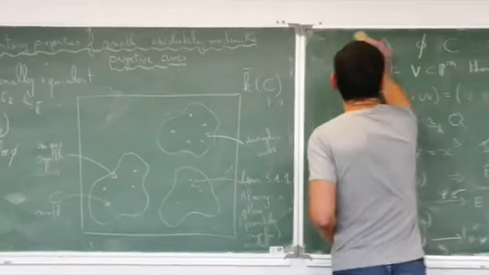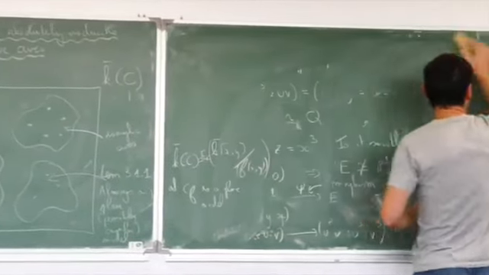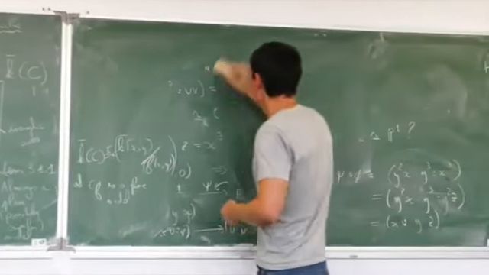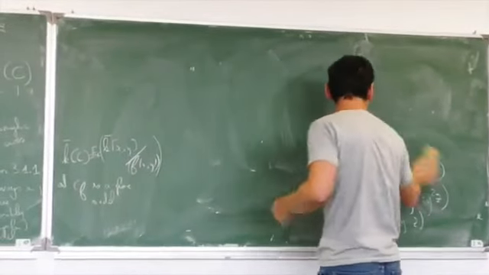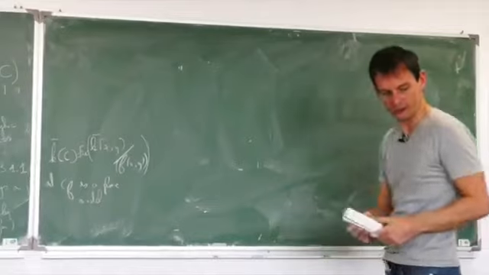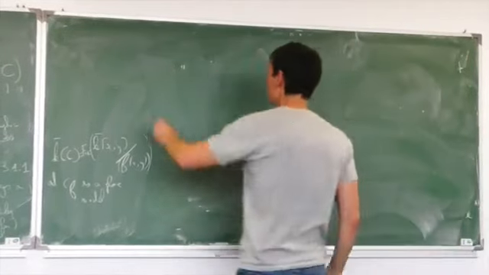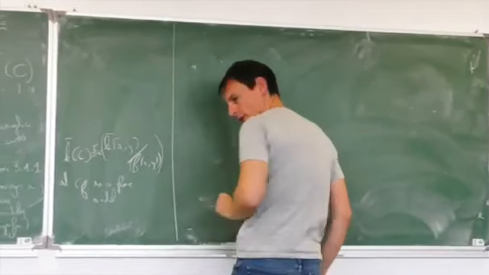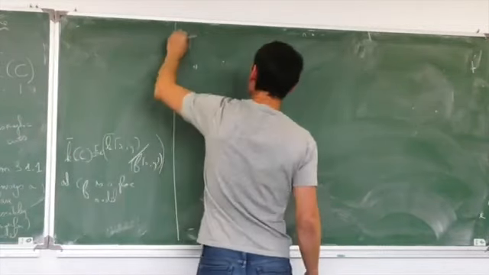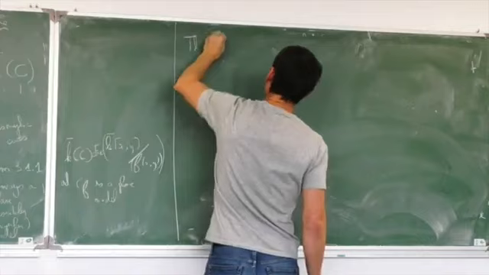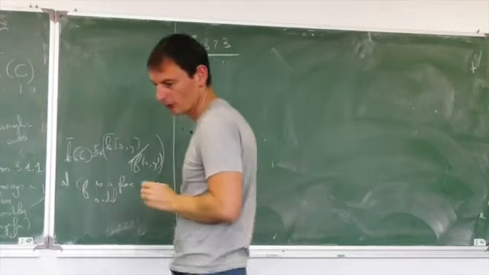This way of looking at objects really enables you to pass from function field theory to curve theory. So this is going to be theorem 3.2.3, which says that